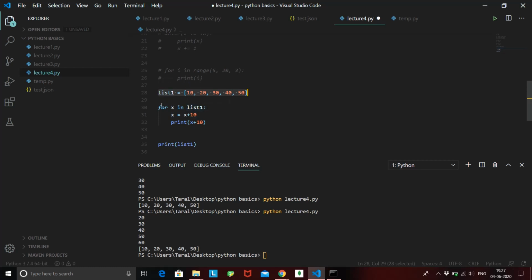So how we can do that is, let's write another for loop. Now what this for loop will do is it will not access the elements, it will access the index. So how can we actually access the index?